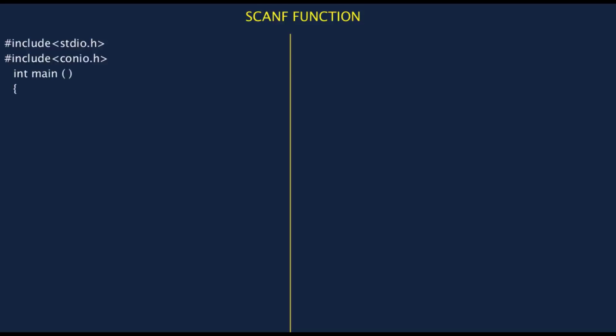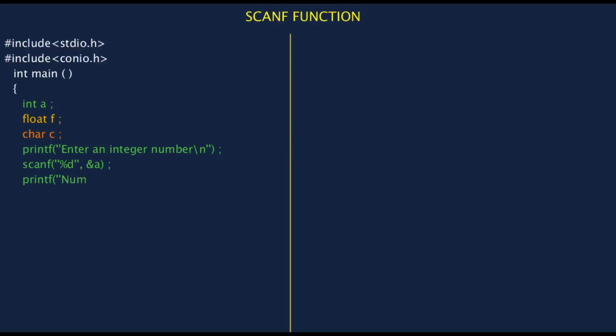Then our main function starts, int main, curly braces open. Then we declare a variable int a and floating type variable f, and then the character type variable c. Now first we print the message enter an integer number, and then we take the input from the user using the scanf function,